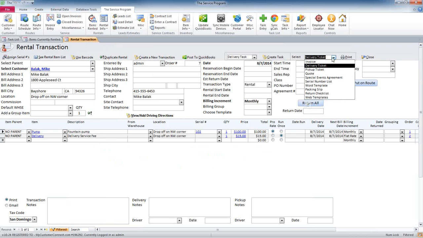Now, go ahead, sir. Now, like on our line items, we show a rental fee plus a service fee plus fuel surcharge. I guess my question is, all those line items will show up on a delivery ticket? Correct. Okay. Now, what we can do is we have the option for a Word template, which when you hit print